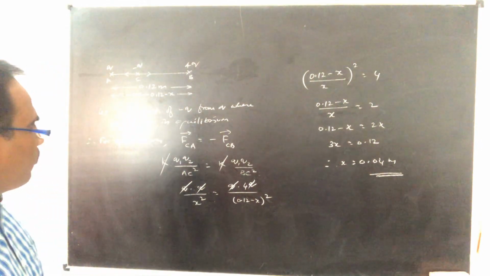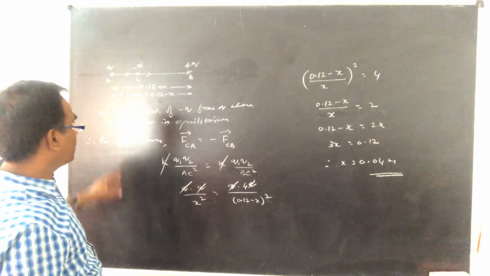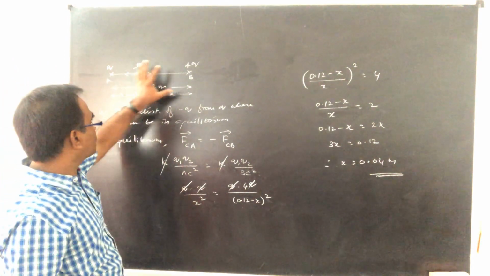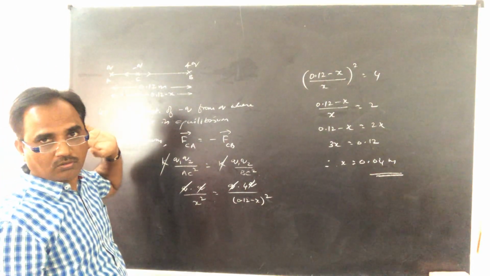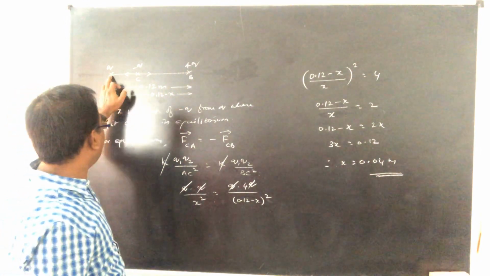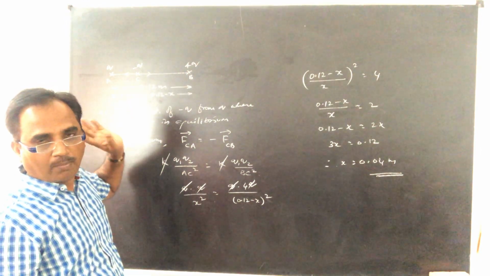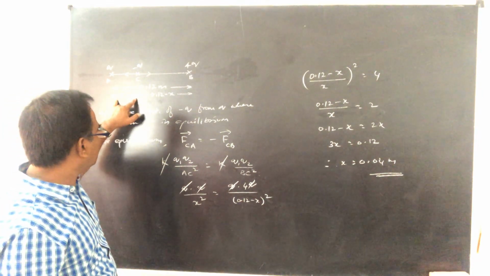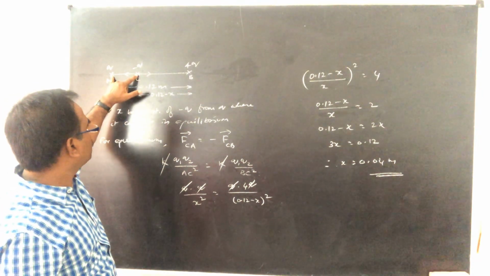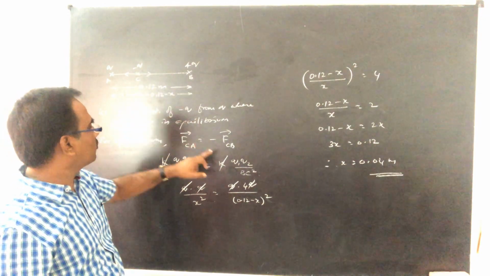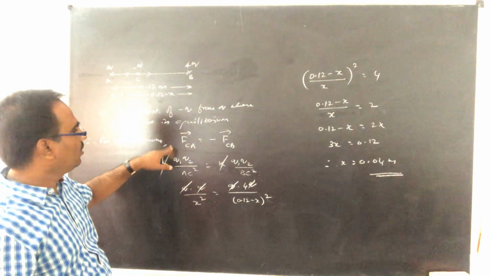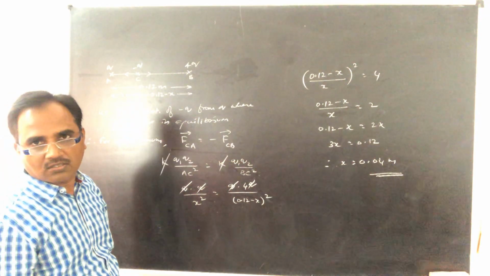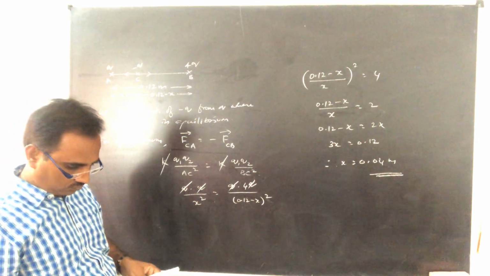So when these type of problems are asked in examination, first you make out where the force on the given charge can become 0, whether this side or in between. By identifying that, you consider this distance to be x, therefore this force should become equal and opposite to this force according to this condition. So thereby you can find this x, 0.04 meter from Q.